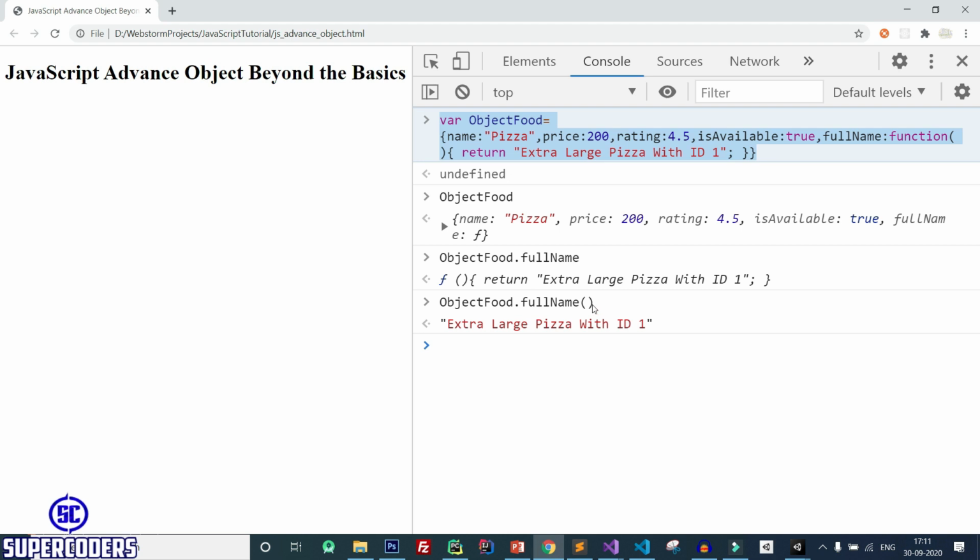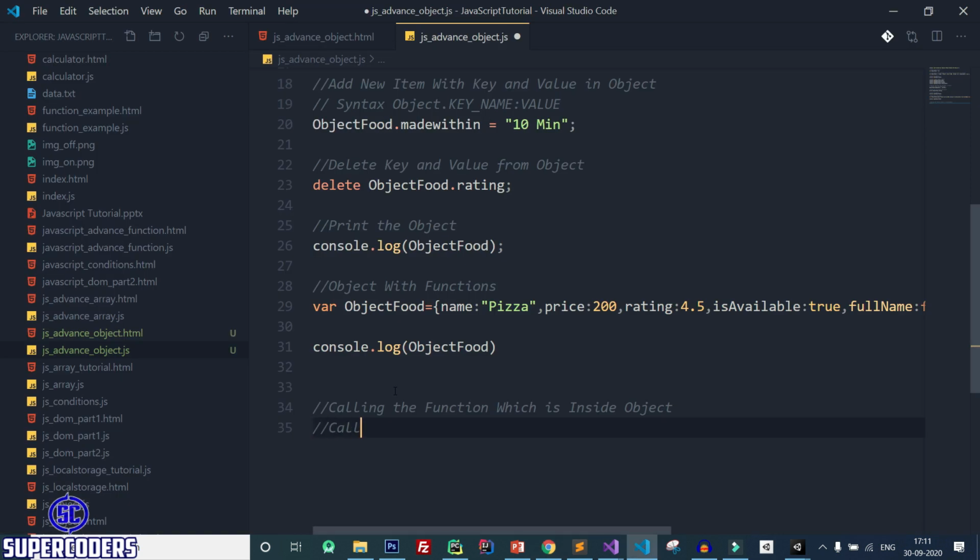So you can call this function this way: call it by key name and add parenthesis.